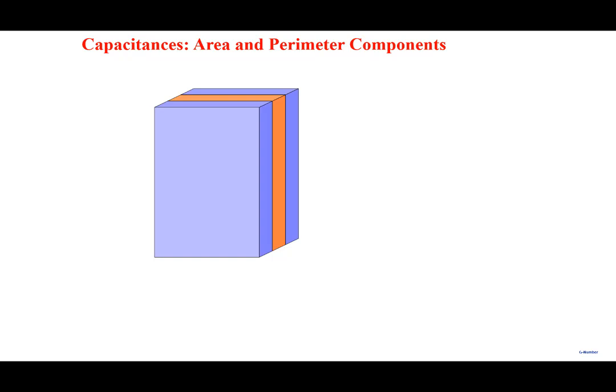The capacitors have normally, when we write capacitor, we say epsilon by D into area. Right? We just write like that. But capacitances always have two components. There's an area component and there's a perimeter component. Right? So if you look at this one here,